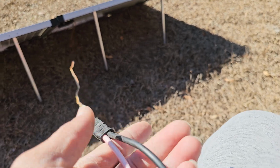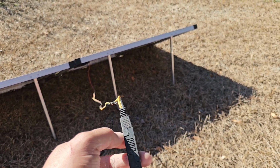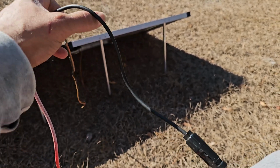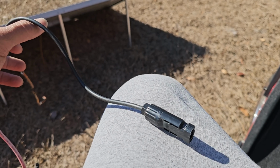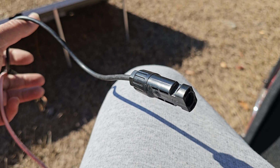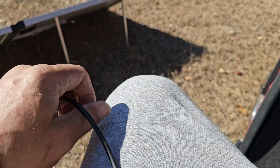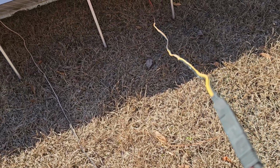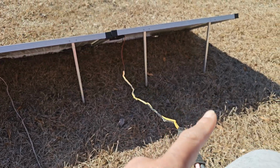So essentially what I've done is turned the Harbor Freight panels' SAE connector into an MC4 connector, and now I can easily put an extension on this. This is a female. I can just make a male to female connection on this and plug it right into my combiner box. Now, what I mean by putting all these 16 panels in series is by going from, see, this is negative and then positive on the other end,